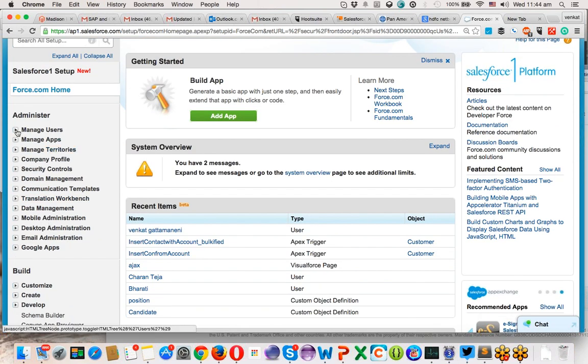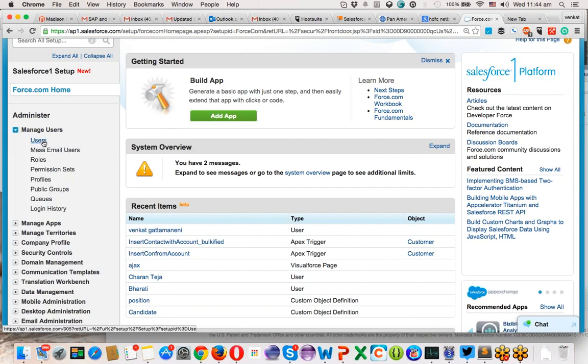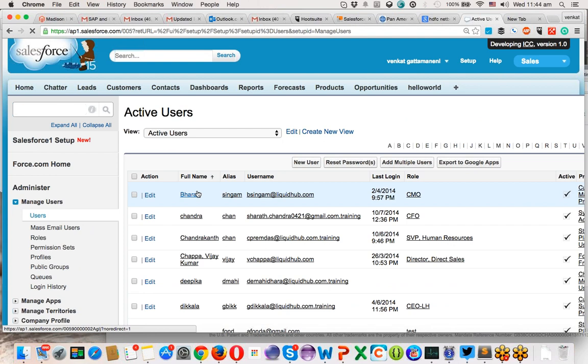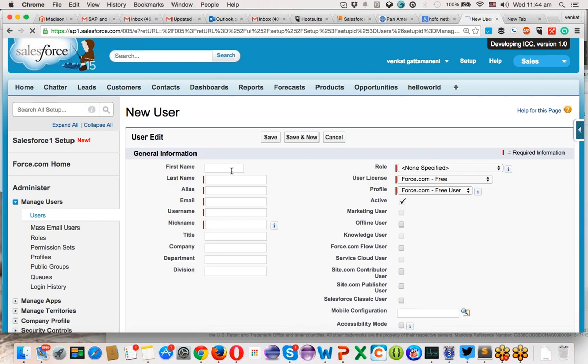So first of all, let's go to users. When a new employee joins your company, you have to do it in a similar way. Go to users. If you need to create a user for them, just click on new user. By clicking on it, the important information you have to enter is first name and last name, which are required. Alias name automatically picks up,